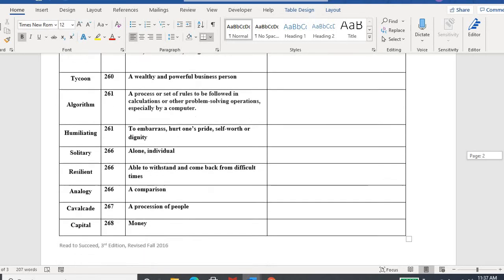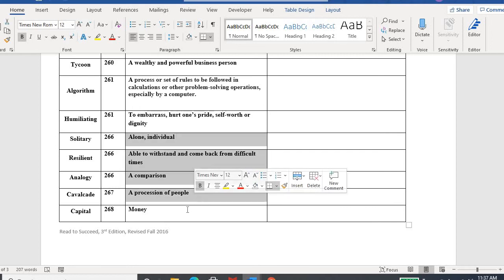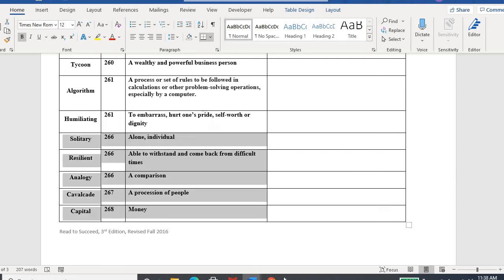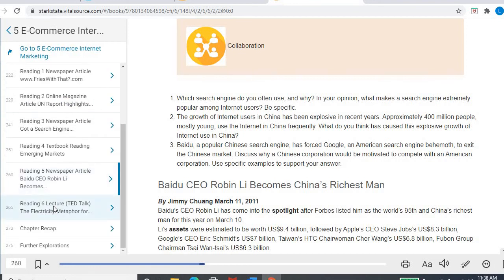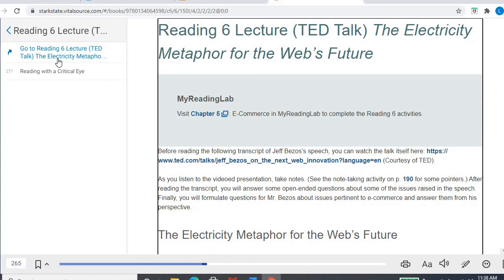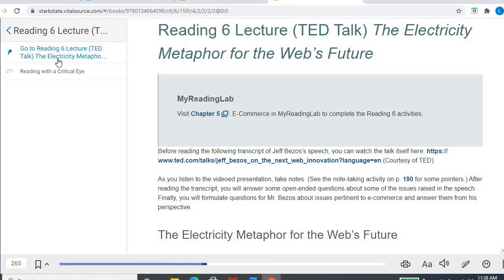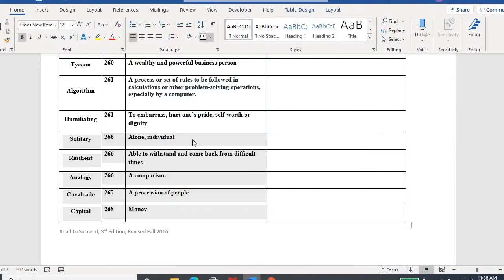All right, and then the last set of words, solitary down to capital, is going to come from our TED Talk. So in your textbook, we'll go over here, and again, your TED Talk right there, we already talked about it in your text and skill chapter video. Here we have the word solitary, which means just alone. You might hear it in the card game solitaire, or solitary confinement. Alone, individual, by yourself.